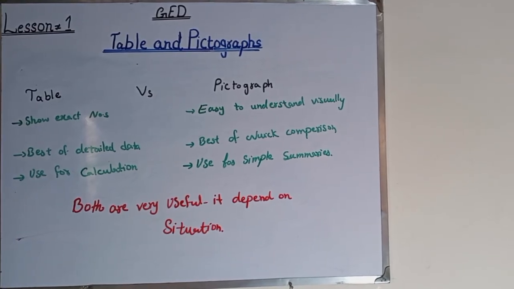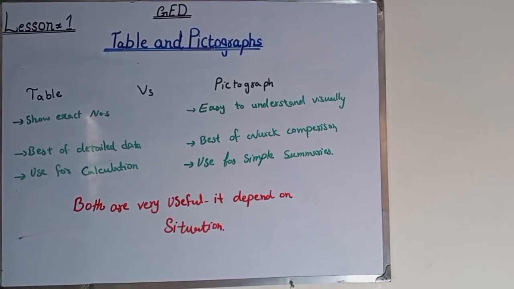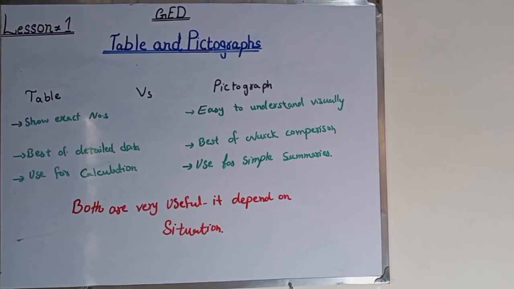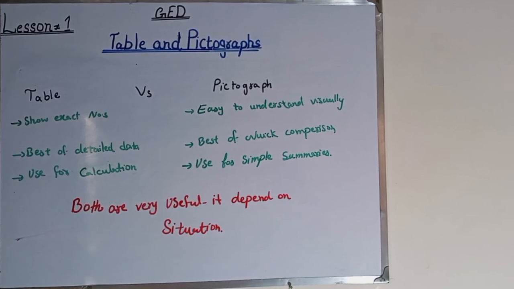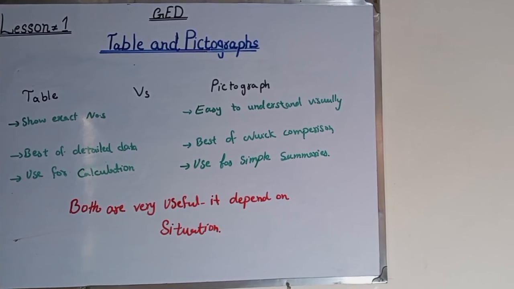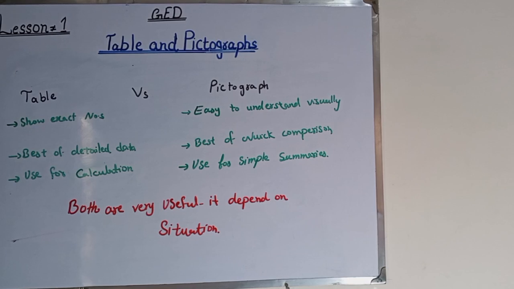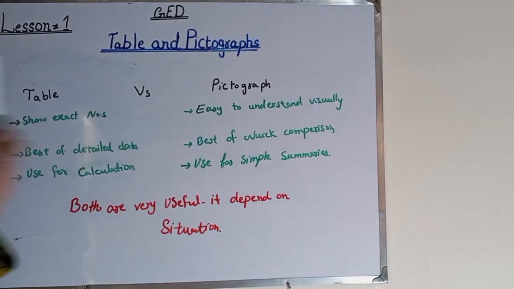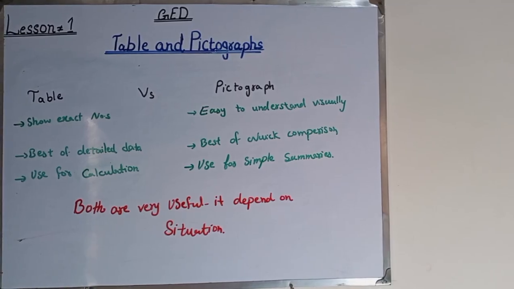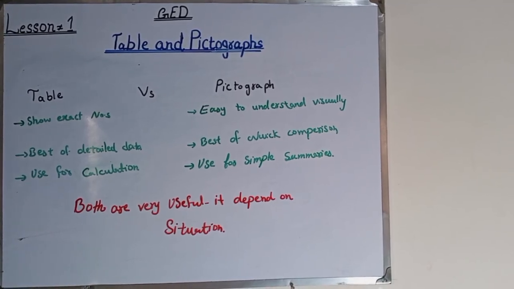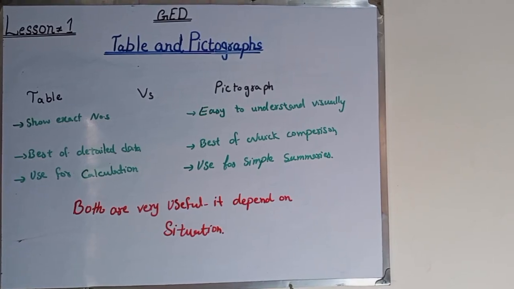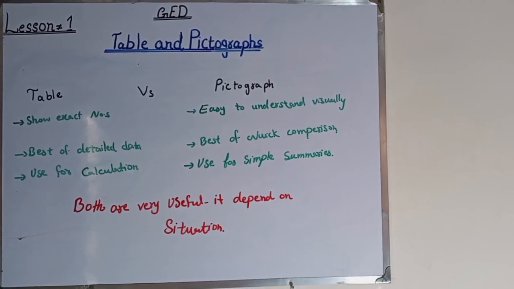So in this video we talked about tables and pictographs. So I will summarize this. Firstly, data is actually the information. Tables organize the data using rows and columns, and always read the labels carefully. Pictographs use pictures and keys. Keys are necessary to understand the pictographs. Understanding tables and pictographs helps us read information carefully, answer questions confidently, and make smart decisions using data.